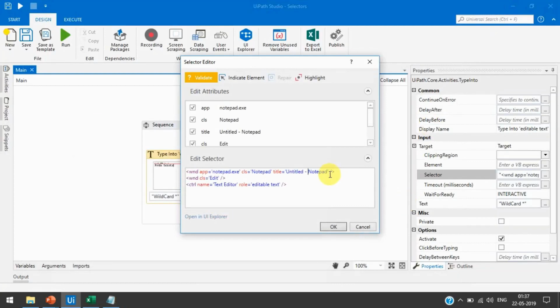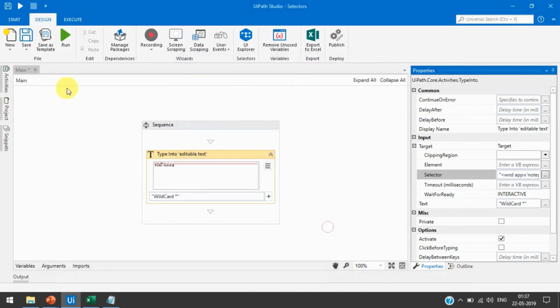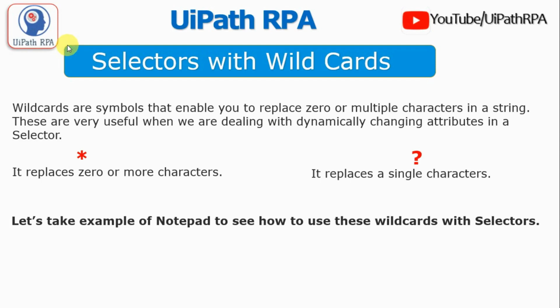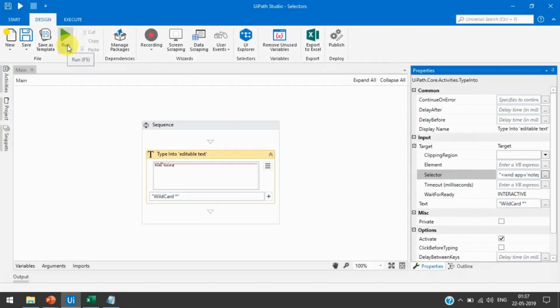I am showing you here. If you are using question mark here, let's try this. Right, so it's working because hyphen is also a character, so that's why it's working fine.